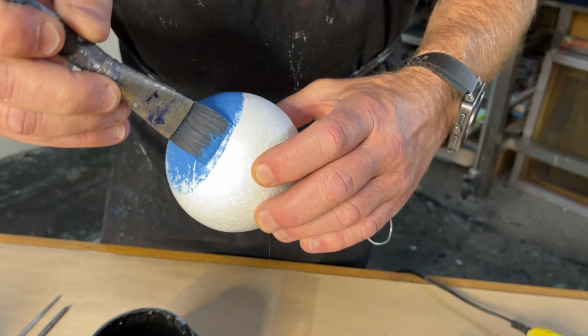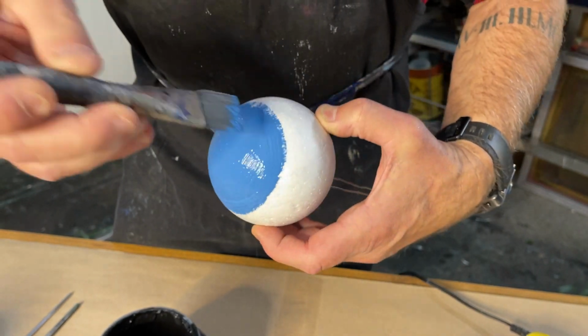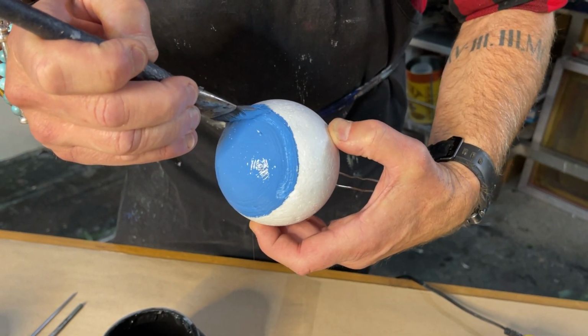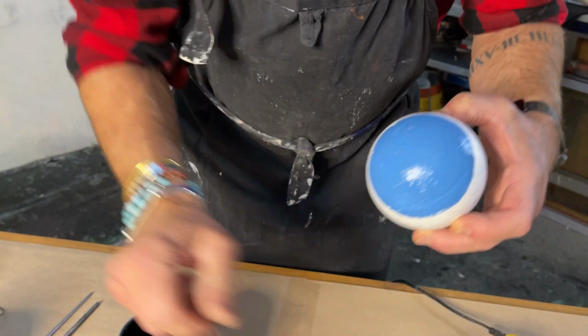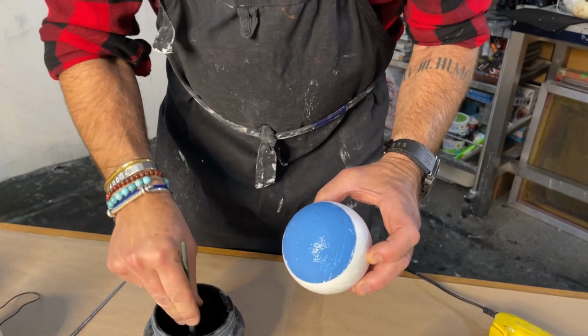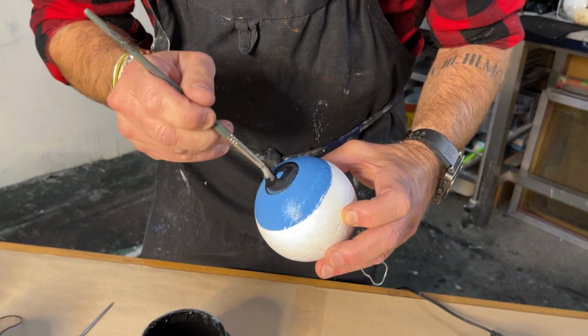Your kids could do this, and this is fantastic for last minute, especially for outdoor, obviously, because this is gonna give your shrubbery and your plants all kinds of attitude. And we're gonna paint now with some black acrylic paint. I'm gonna paint the